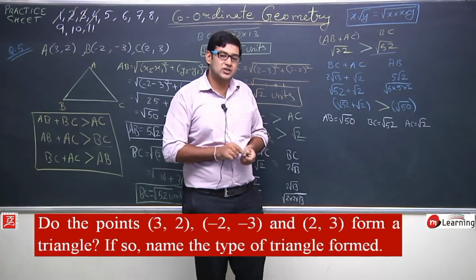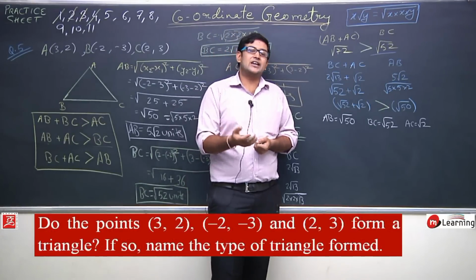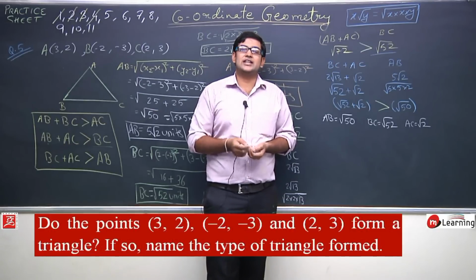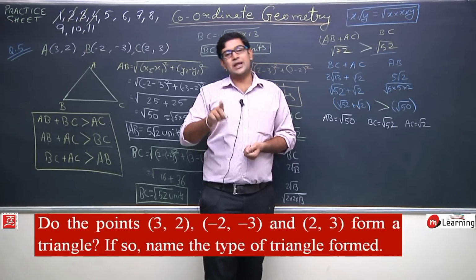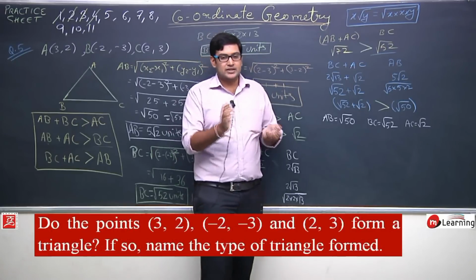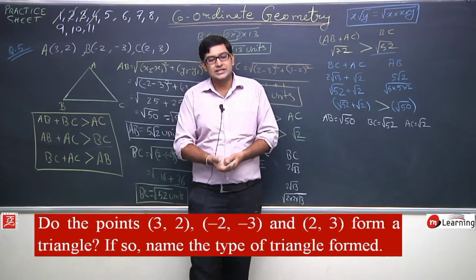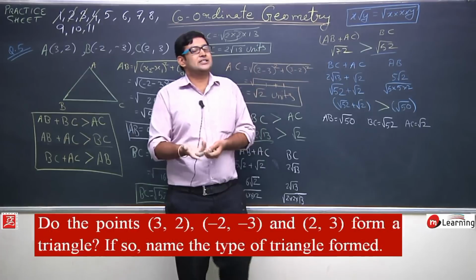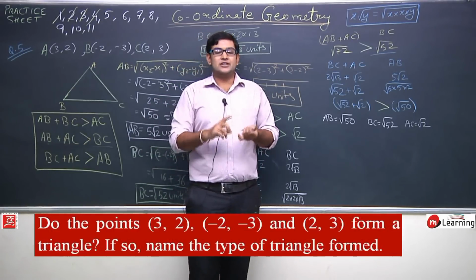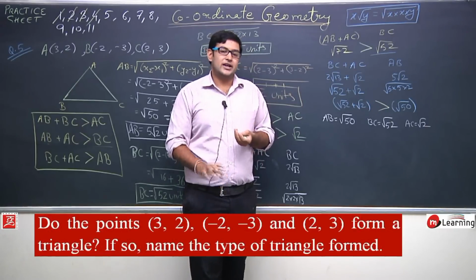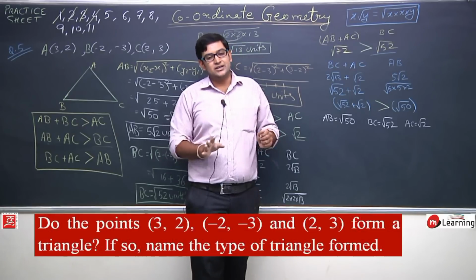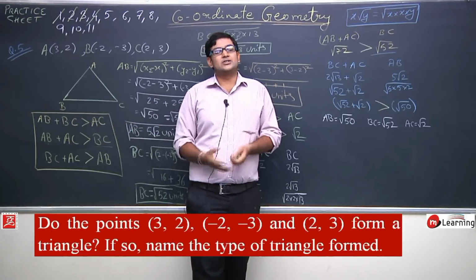We can also apply the Pythagoras theorem and check whether this triangle is a right angle triangle or not. How to check? By applying the Pythagoras theorem. अगर Pythagoras theorem के according ये triangle किसी भी एक relation को follow करता है, then I will say that this triangle is definitely a right angled triangle. इससे कोई फर्क नहीं पड़ता whether this triangle is a scalene or an isosceles, it can very easily be a right angle triangle.